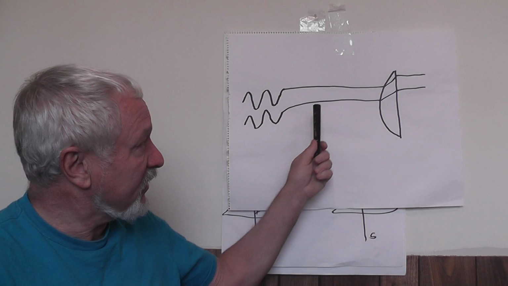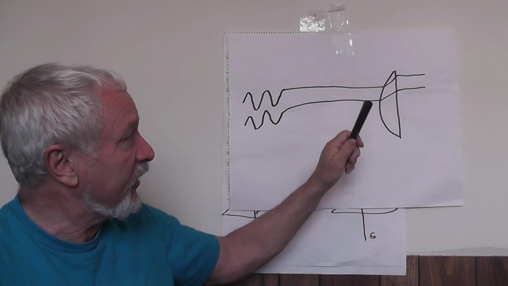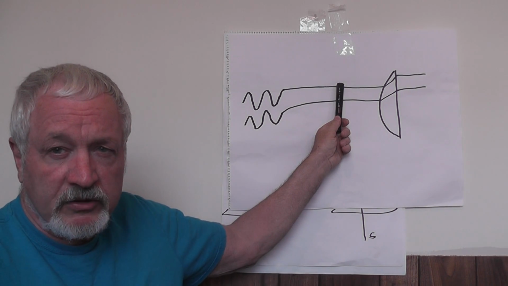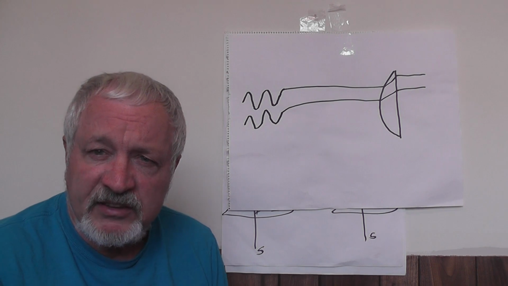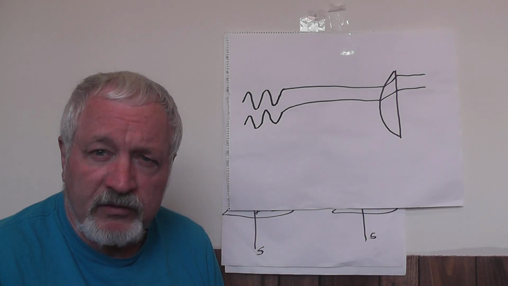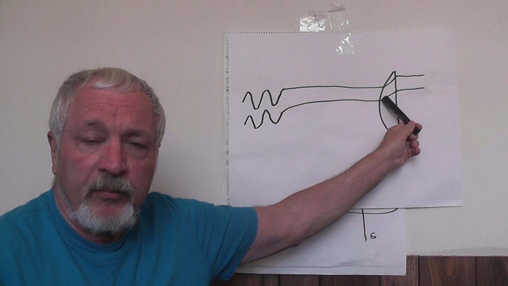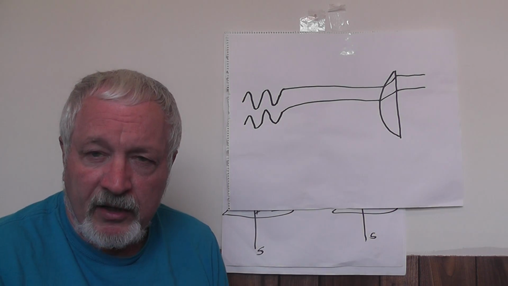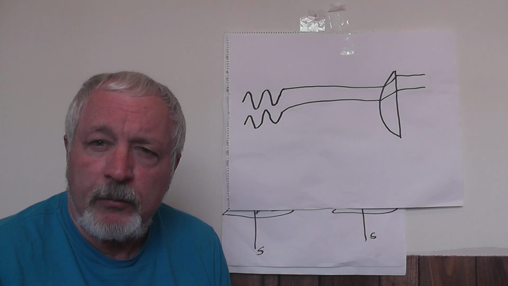Since the distance this light wave travels is greater than the distance this light wave travels, the only way they could exit at the same time is if the light waves travel faster within the medium of the lens than in the air. The curvature of a lens is determined by how much faster the light is traveling within the